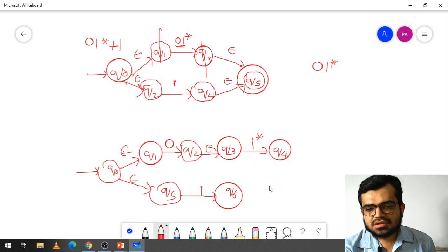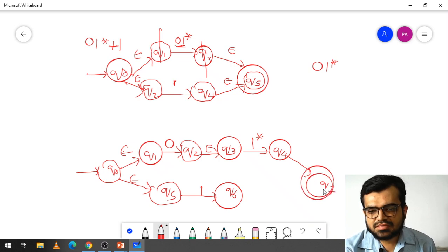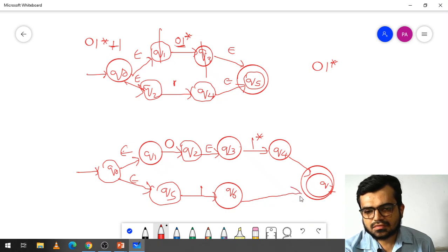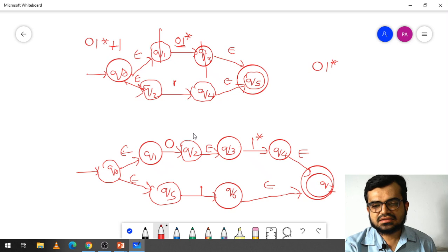Now what final state do I have to take here? So I am taking Q7. Okay, so this is my Q7, and this is how it is reaching. So here it is also epsilon, here also it is epsilon. So what have we expanded? We have expanded this part, 0 concatenated with 1 closure.